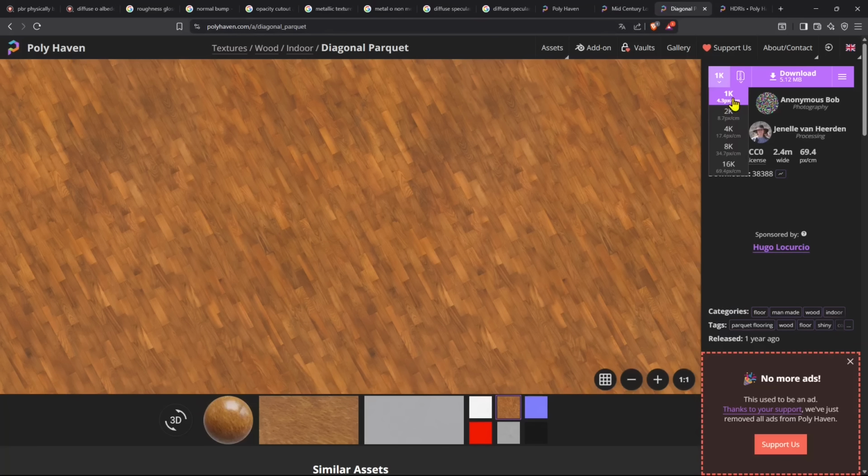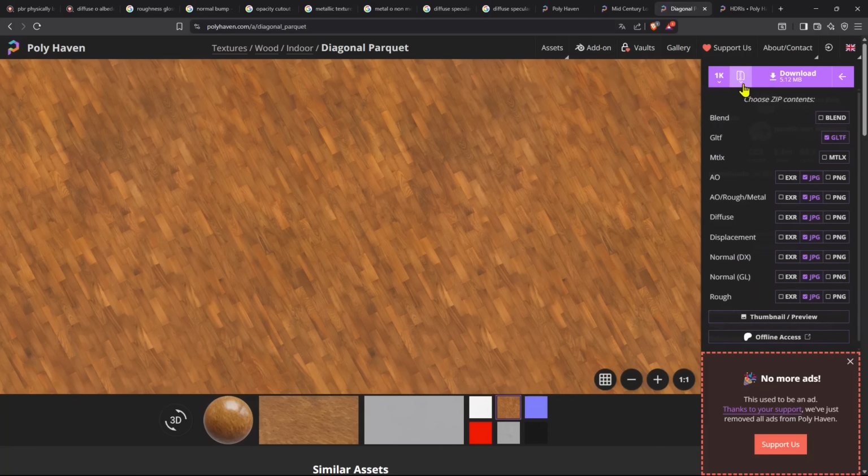You can take the textures from any website that you like. So 1K is going to be the resolution. Here we don't need the Blender file because we're not using Blender, so we're going to go into the zip folder, simple zip folder. Otherwise, if you use Blender, you're going to go for Blender, or GLTF, which is a 3D object. But we don't want a 3D object here. We just want the material, so I'm going to turn everything off. I'm just going to create that material right away in